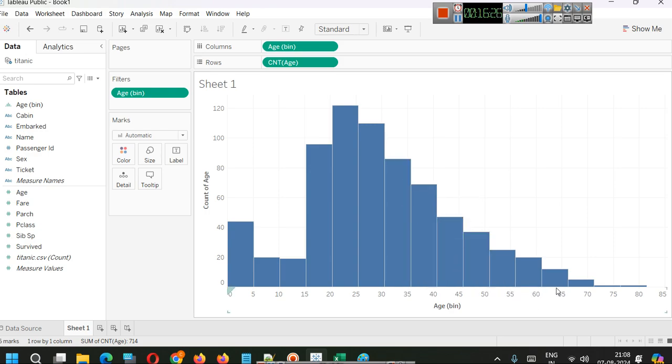And people who were old, like very old, there is one person in the age bracket of 70 to 75, one person in this other bracket. So now my question to all the students, is this data clear to you? So this is what a histogram is. Okay. Now